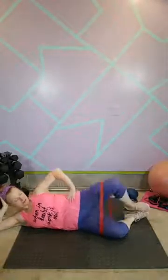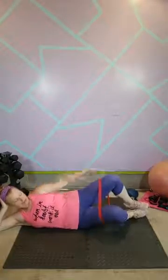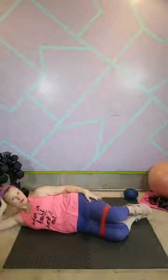Let's do it. 15, 14, 13. Make sure you're keeping this bottom leg anchored down. 12. It's like I talk about this snapping back. Make sure you're not pulling this leg up because this one's pulling too hard. 11, 10,